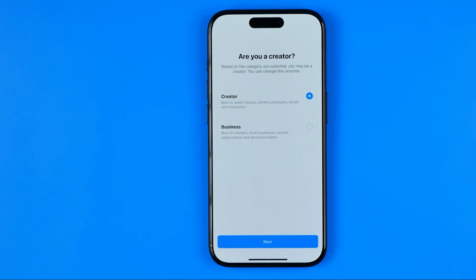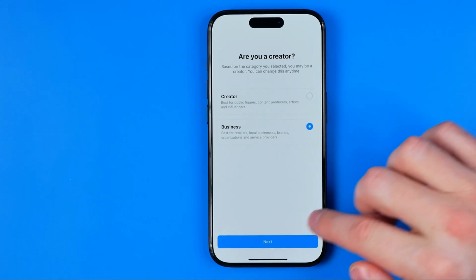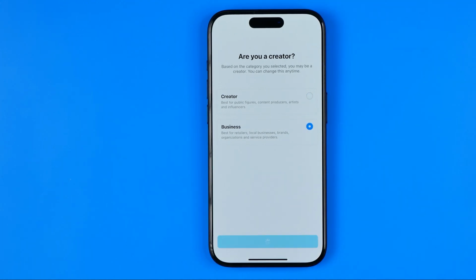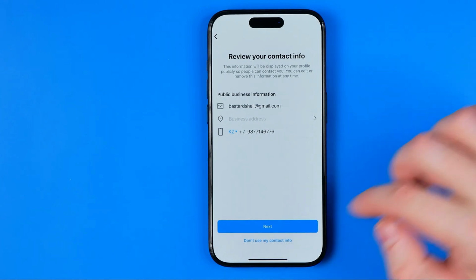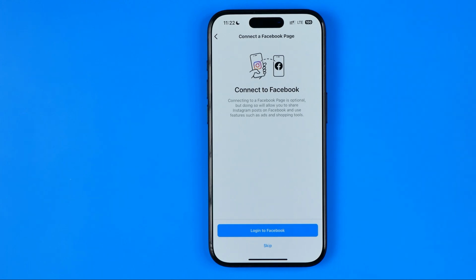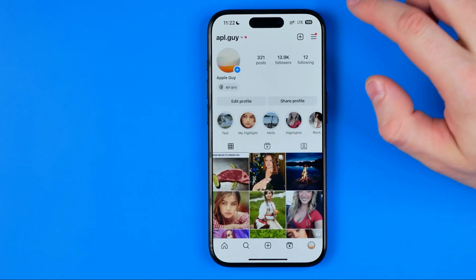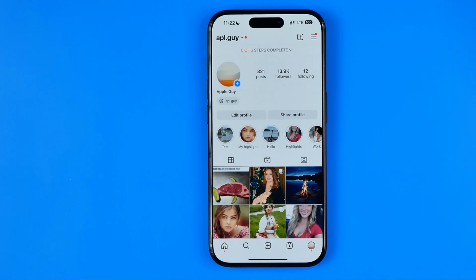On the next step, select whether you would like to be a creator or a business. You can keep creator selected, or you can switch it to business and then hit next. After a couple of seconds, your account will be switched to a business account. We can just close those settings now, and then all you have to do in order to schedule a post